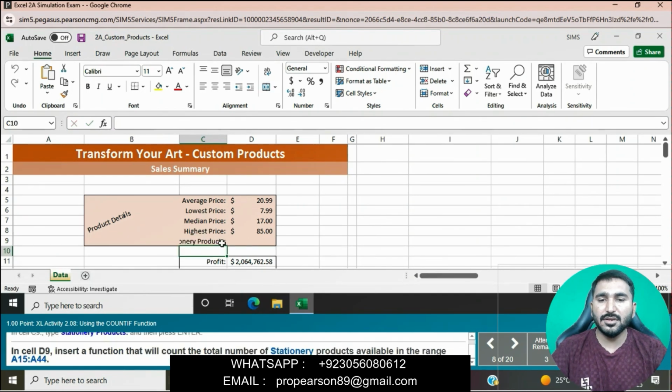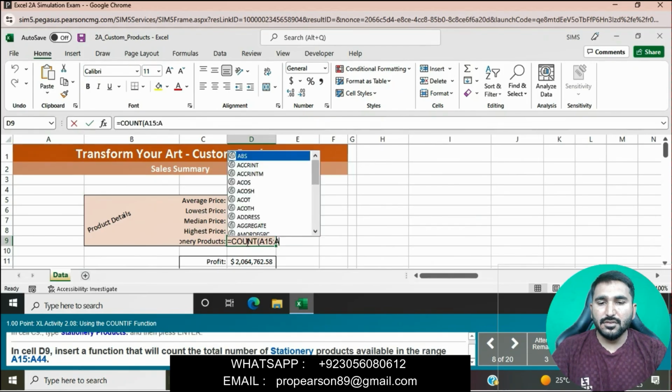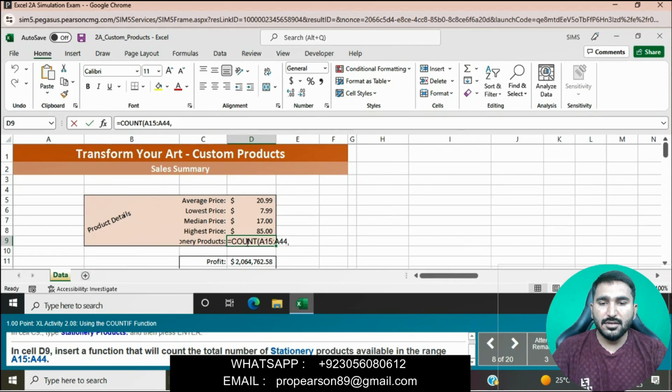Then press enter. The next, insert D9, press equal to, count function. Count function, A15 to A44, and then in inverted commas type stationery, then press enter.